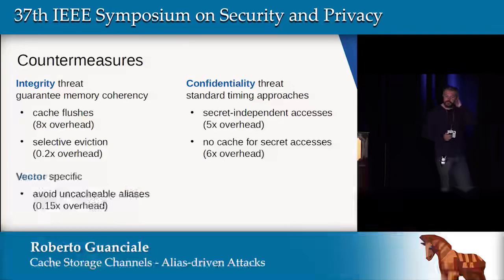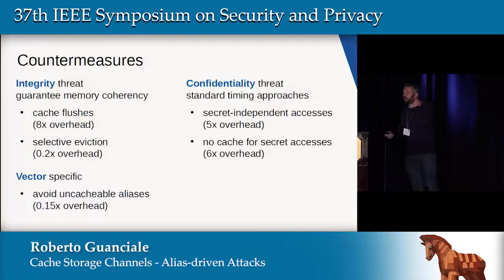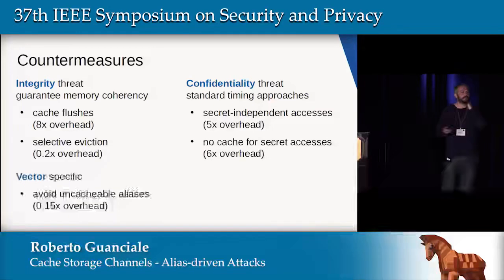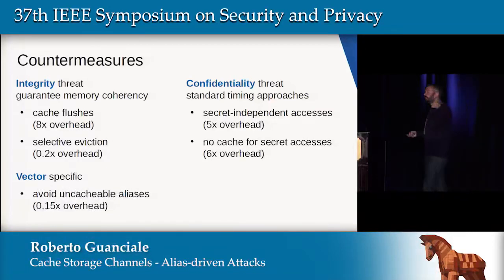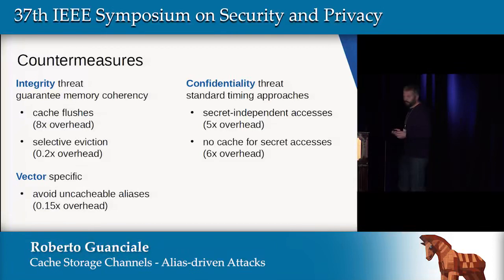There are also some vector-specific countermeasures. In the case of the hypervisor on Linux, we can force Linux to allocate all the page tables in a small region of physical memory, then force Linux also to allocate this region of memory as always cacheable, so that we know there cannot be an incoherent behavior in this region. This clearly requires changing the constraints checked by the hypervisor and changing the allocator of Linux.